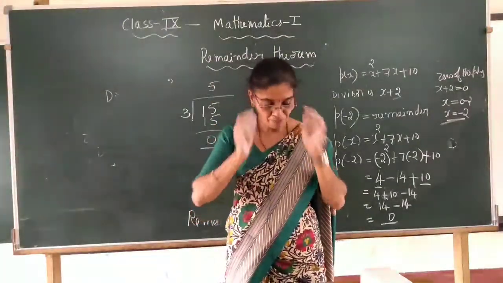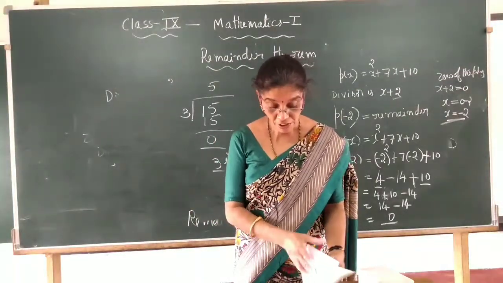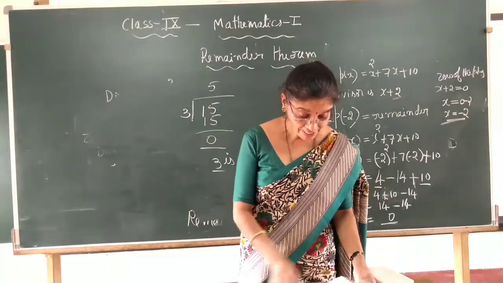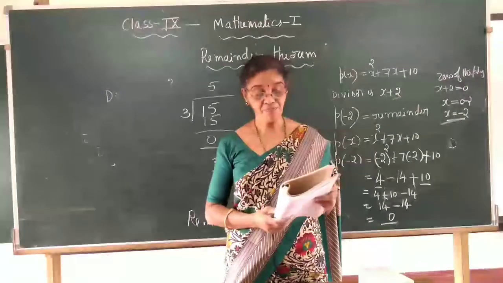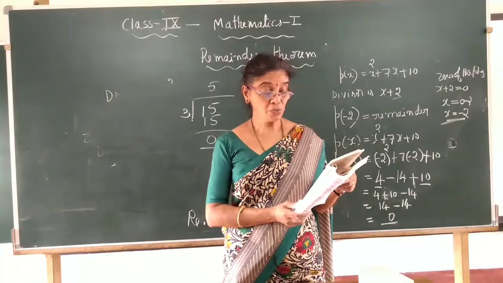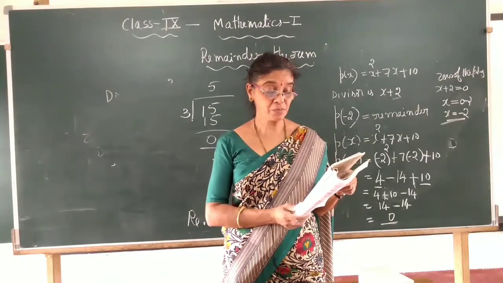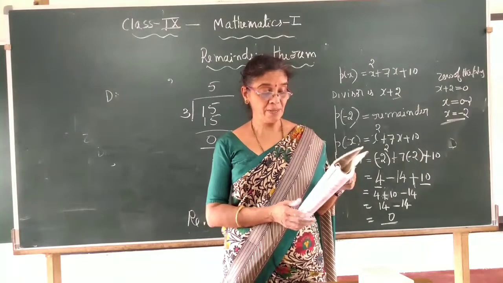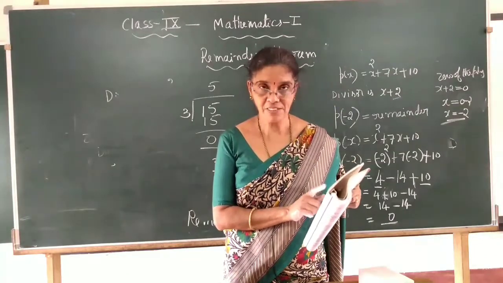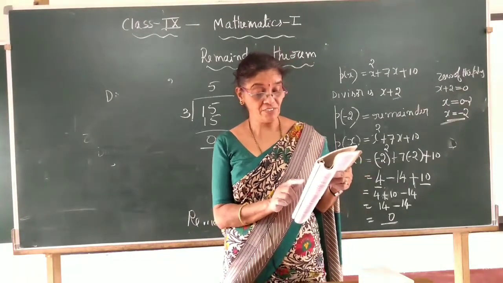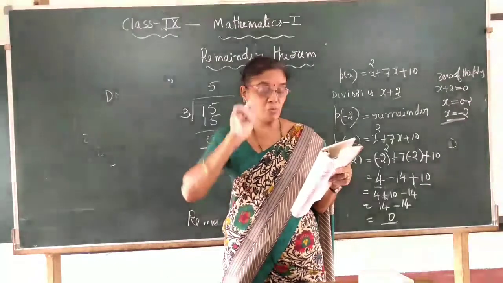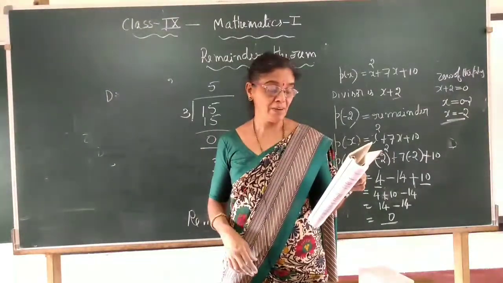I will give one problem. Try this at home, so that you will know whether you understood the lesson or not. The remainder theorem, that is the next, exercise 2.3. The first one: find the remainder when x cube plus 3x square plus 3x plus 1 is divided by x plus 1. There are different problems there, just work out the first problem. The remaining ones we will find later. I will do them if it is difficult.